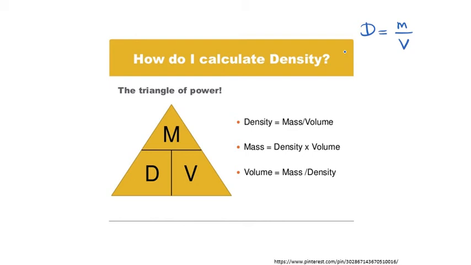And most of the time, you will see this triangle to rearrange your equations. Whenever we are going to solve problems, if we need to calculate the density, mass over volume is our main definition or main equation to solve. If we are going to solve for other parameters, for example, if we need to calculate mass or volume, you need to rearrange this equation. You may memorize it like this. I don't recommend it, but it would be easier if you learn this method.